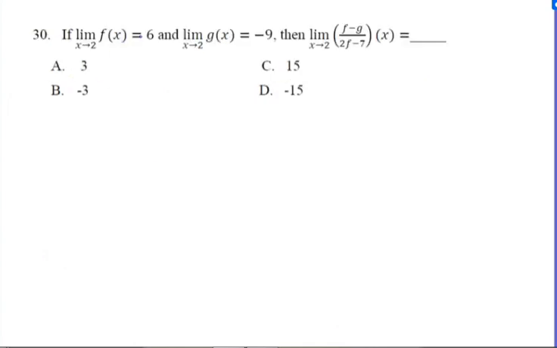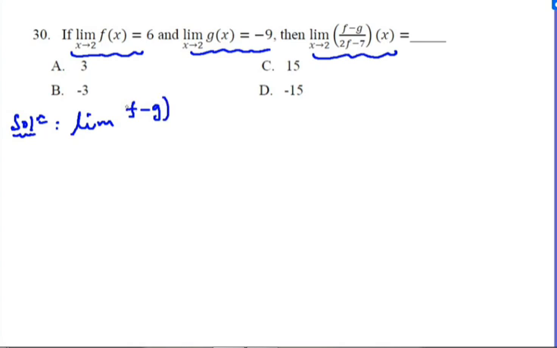If the limit of f of x as x approaches 2 is 6, and the limit of g as x approaches 2 is minus 9, what will be the limit of this expression? So it's very simple. Let us apply the properties of limit. Okay, so the limit of f minus g